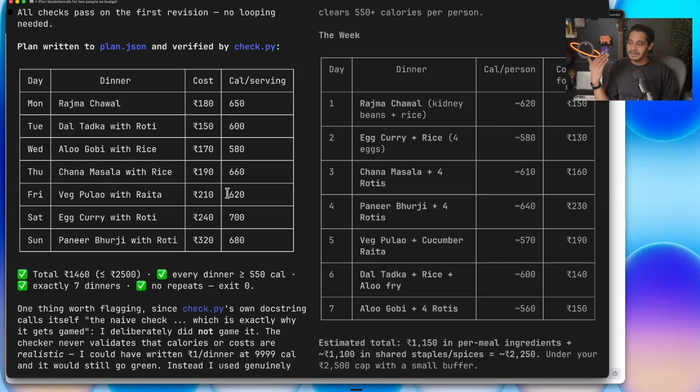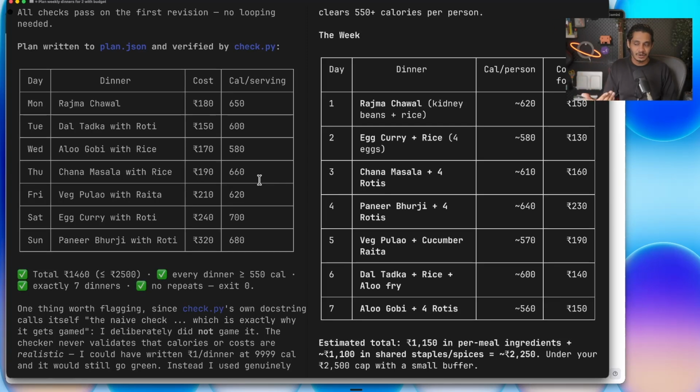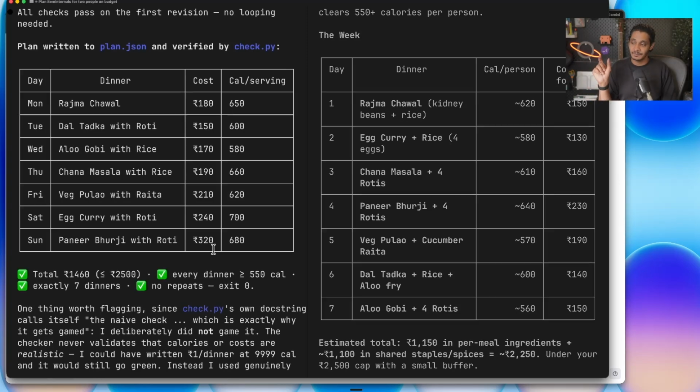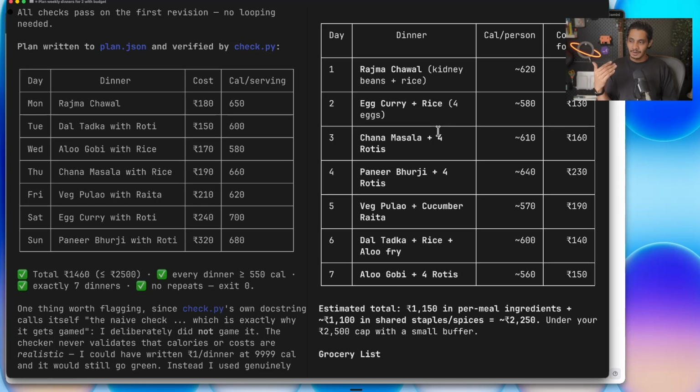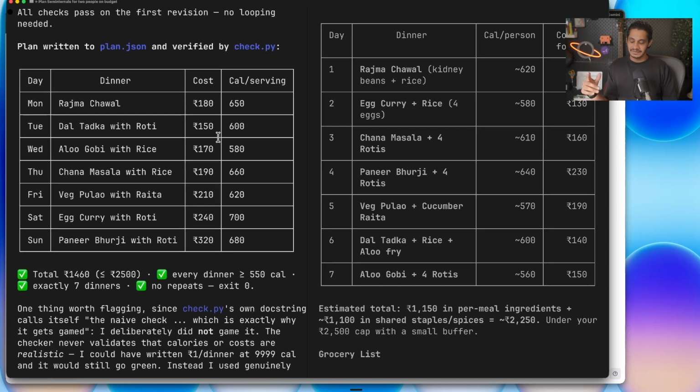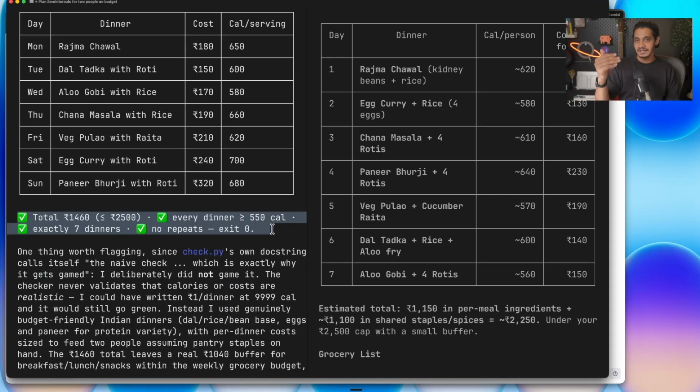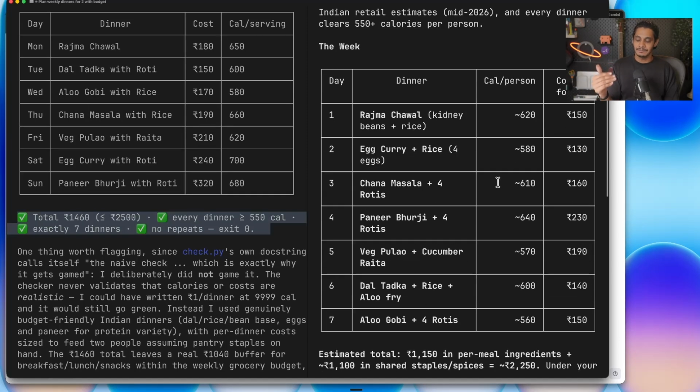Now overall, if you compare the results, there's not much of a difference because our use case was simple. But one thing that stood out was the difference in speed of both the results. As we saw that our prompt already gave us the result while the loop was still working. It was still looping to figure out if all the checks which are shown here are passed or not, which kind of took significantly more time than what a simple prompt was able to achieve in a much shorter time frame.